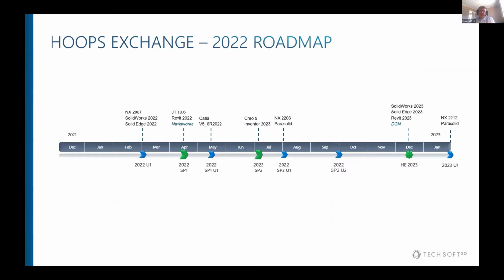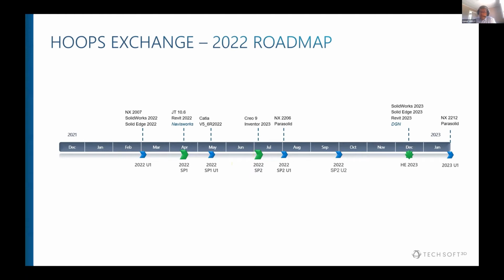So if we move to our plans for 2022, we will keep the same release schedule as last year, and we still have the policy to release all of our products simultaneously, including the platform. So we are heading for a first service pack 1, as you can see, in the middle of April, a service pack 2 at the end of the first week of July, and our next major release will be mid-December. It will be OOPS 2023.